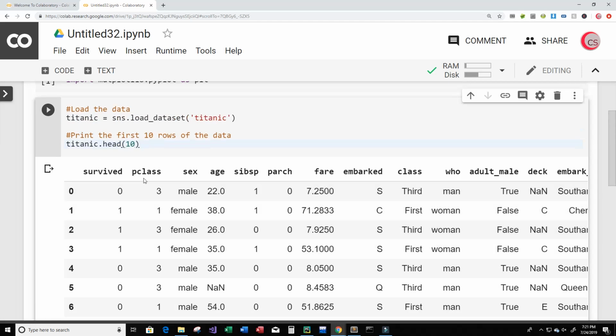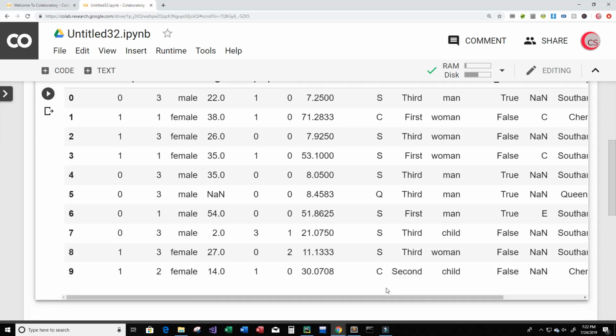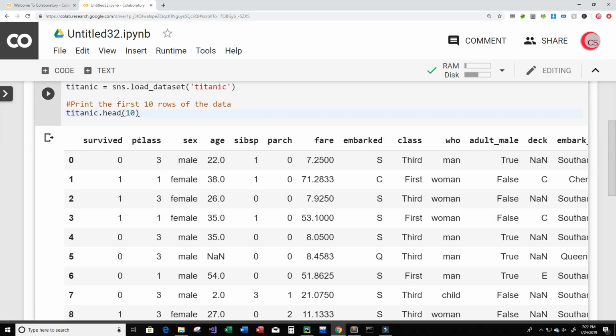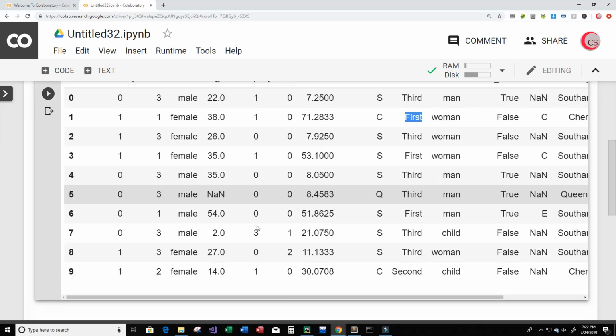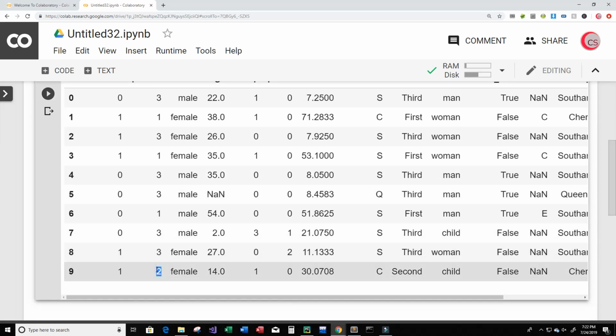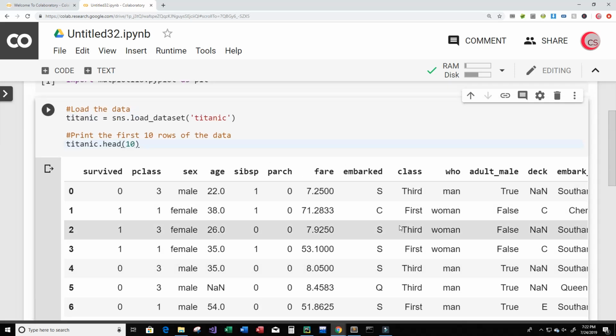and we can see a few things since we are trying to analyze the data and get familiar with this data. One thing that you may notice is this pclass column here and this class column here. They seem redundant. Wherever you see a 3 in pclass, you will see Third in class. And wherever you see a 1 in pclass, you will see First in class. Okay, and wherever you see 2 in pclass, you will see Second in class. Okay, so these seem pretty redundant,